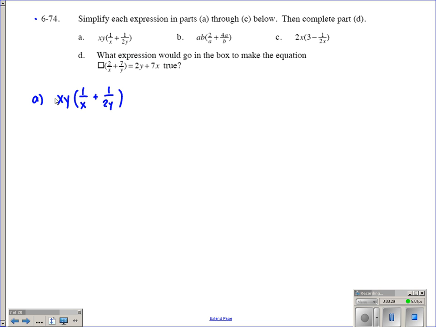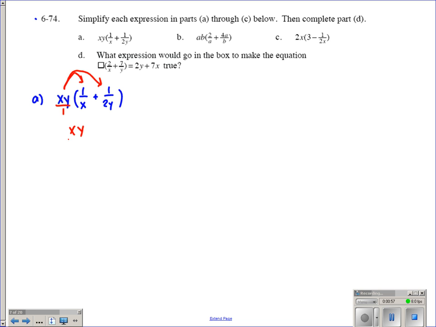So we're going to take this product of x, y, and distribute it through the quantity here. So we're going to multiply it times both of the terms inside of here. Well, remember, when you multiply fractions, you can think about this like it's a fraction. You do numerator times numerator and denominator times denominator. So as we do this, xy times 1 is going to give us